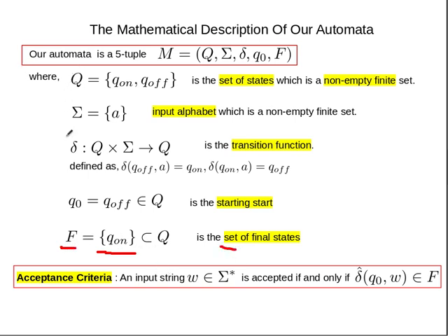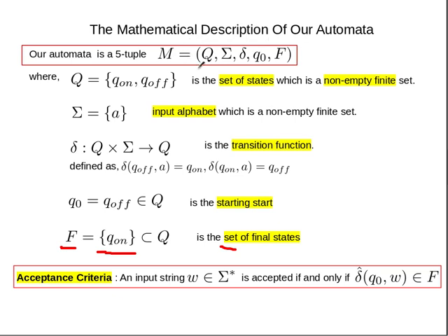So all these quantities together define our automata. How many of them are there? There are 5 entities. So these are sets. This is some element here. This is a subset of this. Okay, and this has the signature this, which depends on this input alphabet. So this 5-tuple completely defines our machine,